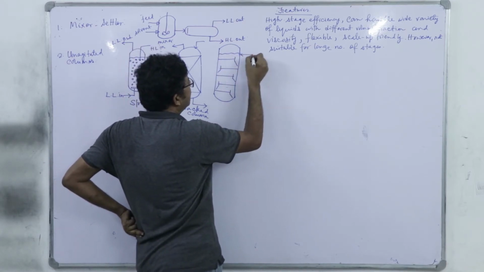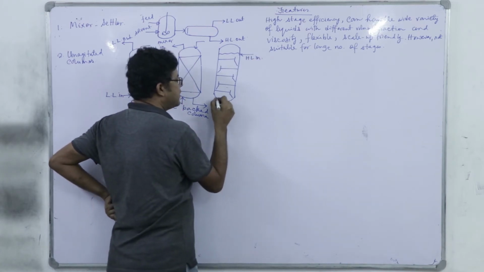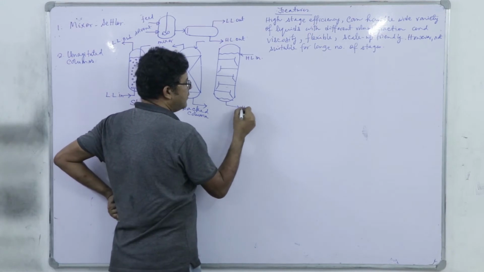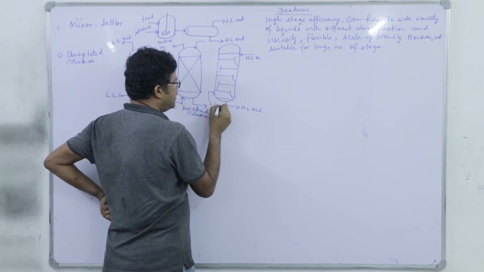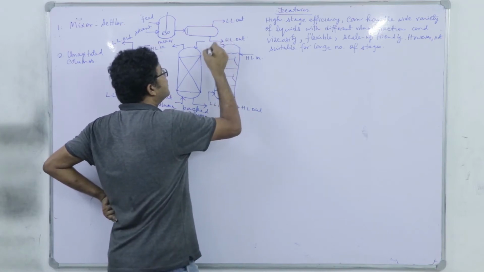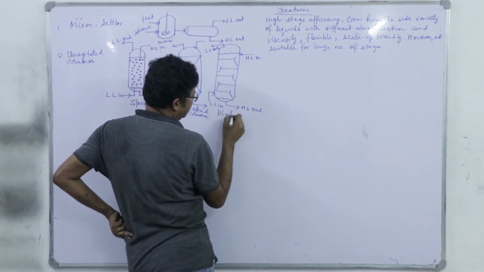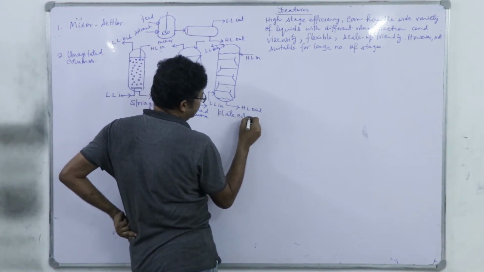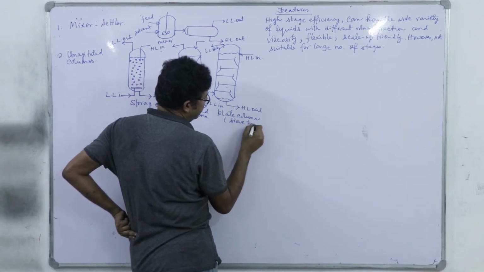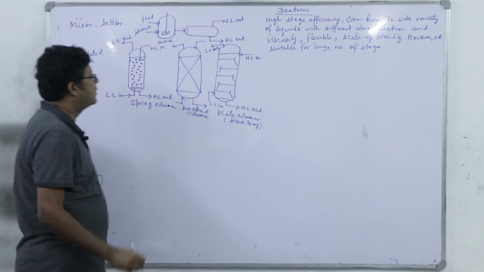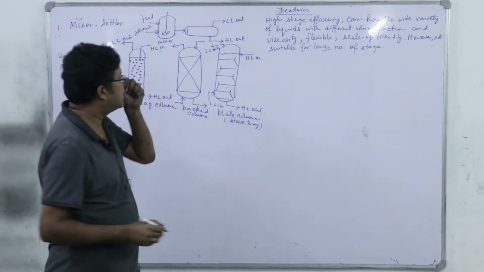So, here we charge this heavy liquid in, heavy liquid out, light liquid in, and from the top light liquid out. That is a plate column, sieve tray. Right. So, spray column, packed column or sieve plate we can use,